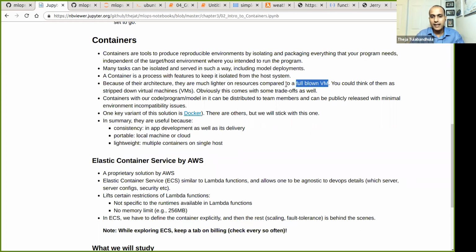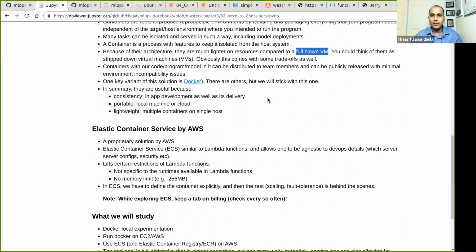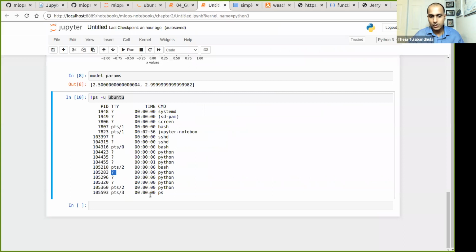That's because this container is going to be just a process, just like a Python process. There'll be a container-specific process, which means it's actually running on the original machine as a process. That's why it's more lightweight compared to a virtual machine. A virtual machine needs a full-blown Linux environment within which a program will run.